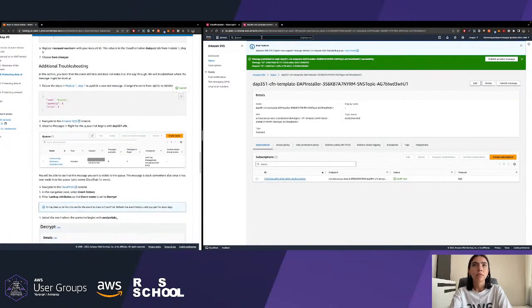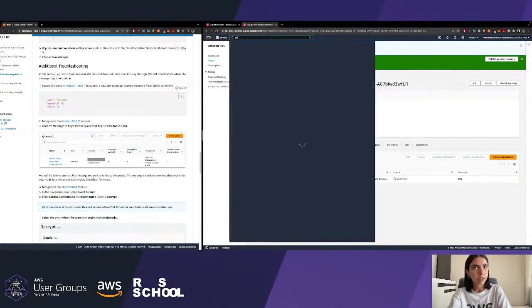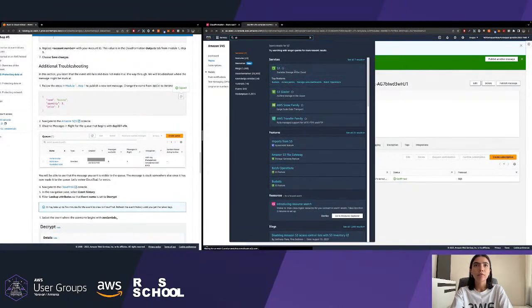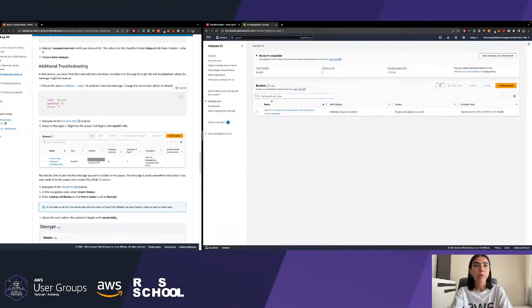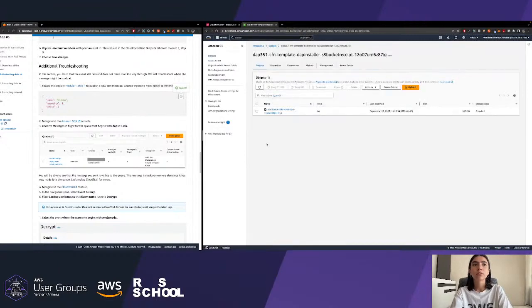All right, let's go to the S3 and check if we had another file added here as a result, and we don't, so what's the matter?